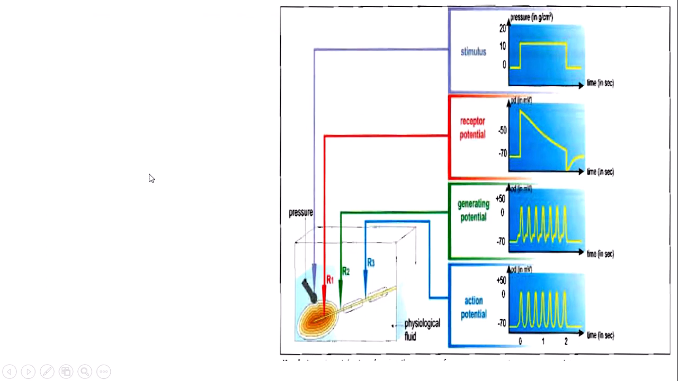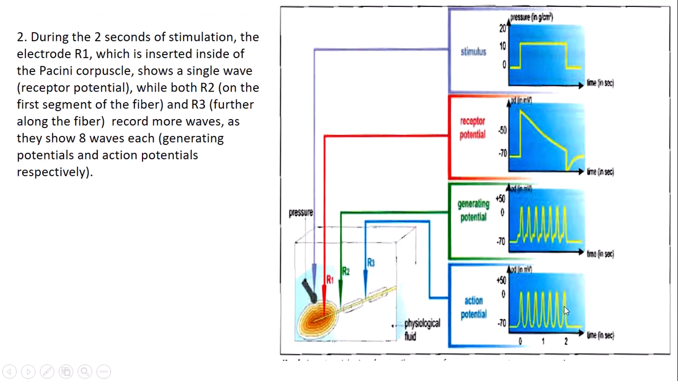So let's start. First of all, during the 2 seconds, you can see here we're applying stimulation for 2 seconds. This is the stimulation, the pressure of about 12 grams per centimeter square applied on the Pacinian corpuscle. And this is the timing for 2 seconds. During the 2 seconds of stimulation, the electrode R1, where's R1? Here's R1. So I should say where it's located, which is inserted inside the Pacinian corpuscle. It shows a single wave, this one here,